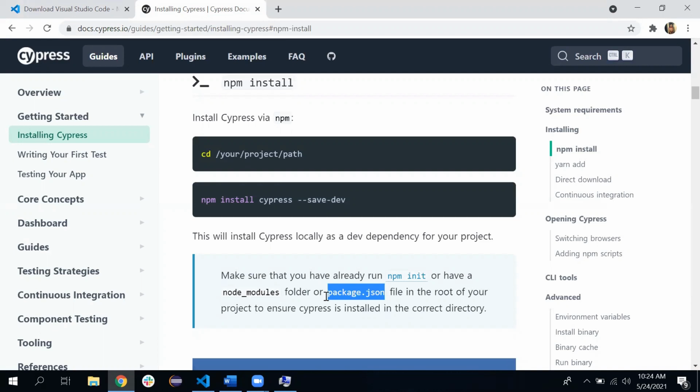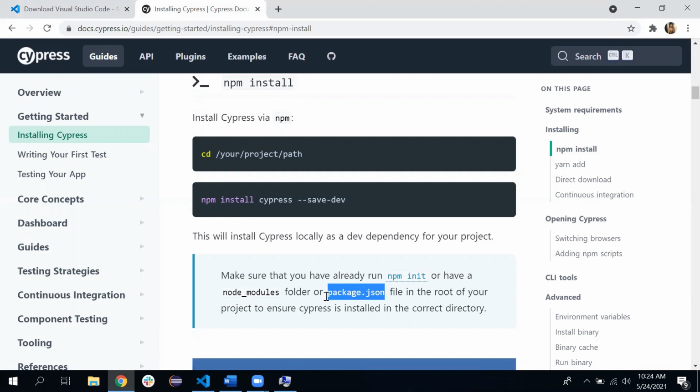In the package.json, we have all the dependencies. For Cypress, one of the dependencies is Chai, Jasmine, and some other dependencies are there. So whatever dependencies we require for our project, we have to mention in the package.json file. And then based on the package.json file, Node will take care of that and it will download that particular version from that repository to our system.